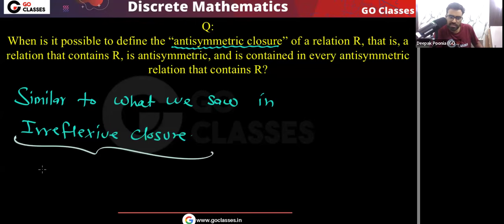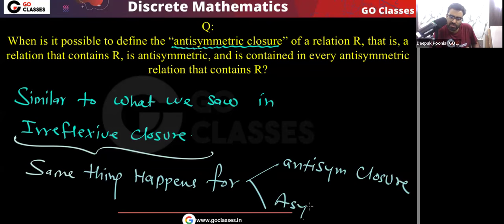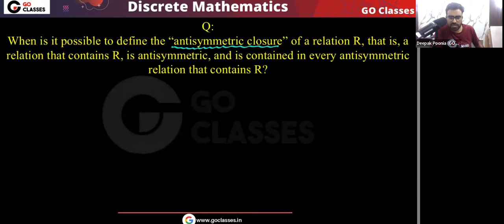So basically, the same thing happens for anti-symmetric closure and asymmetric closure. Okay, is this clear? The same thing will happen. What does it mean? It simply means that